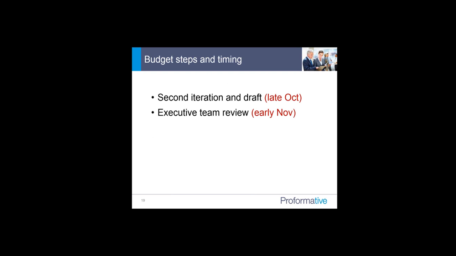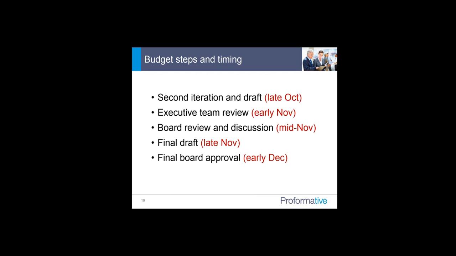Now we go back to the executive team and say, okay guys, look, here's where we are. This is what the second pass looks like based on your comments from last time. And assuming that all goes well, they're happy, it gets sent out to the board for review and discussion. We need some forum to pull those comments back. Let's say that happens in the middle of November, and we get a final draft done in late November, which means that we can get final approval in December,